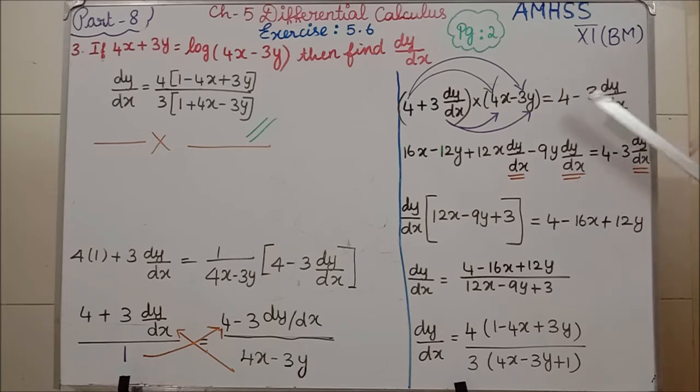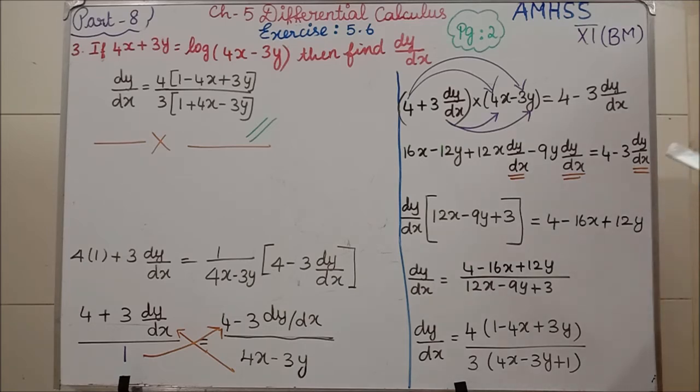So if this comes to this side, what will it become? It will become plus 3. This dy by dx is outside; we have taken it commonly. Clear? This minus 3, if it comes to this side, will become positive. Clear? Is equal to what are the remaining values? Everything we have to bring to the right hand side. That is our rule for implicit function.